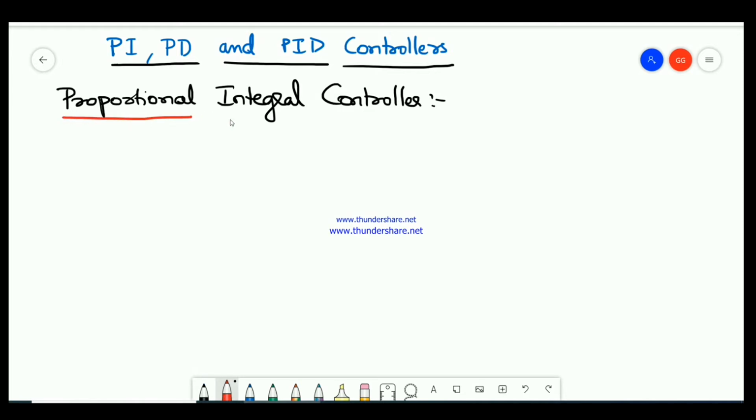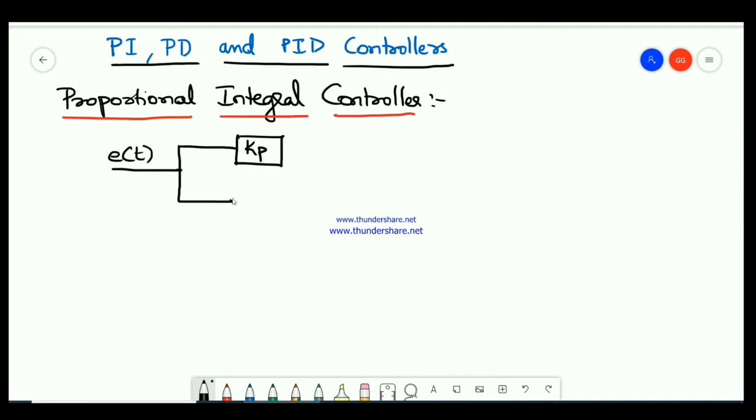Let us discuss about the proportional integral controller. So let me write the block diagram for proportional integral controller, which will have both proportional and integral part in the block diagram. So E of t is the input which is given to the proportional part Kp, and integral part, which would be the integration of dt, Ki into integration of dt. Ki is the integral constant, and the output is n of